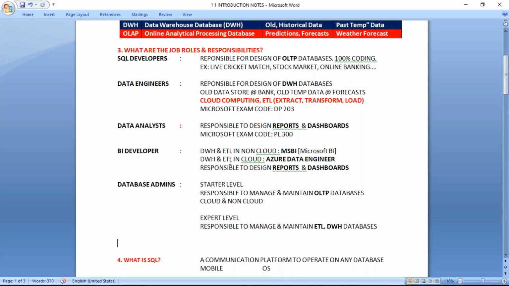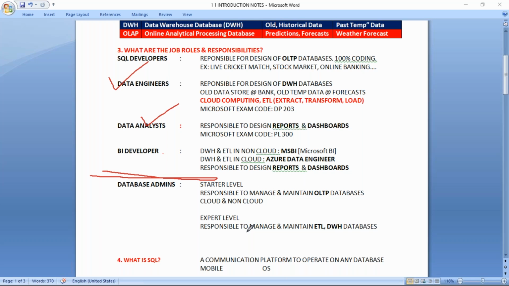Now, which course do we choose? Your choice. You may opt for data engineer only, data analyst only, combined together BA developer, or the other side of the coin, management DBA. But remember, every project includes all these job roles.